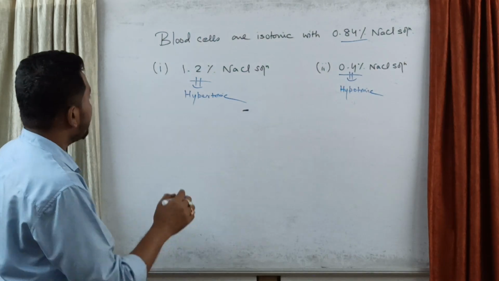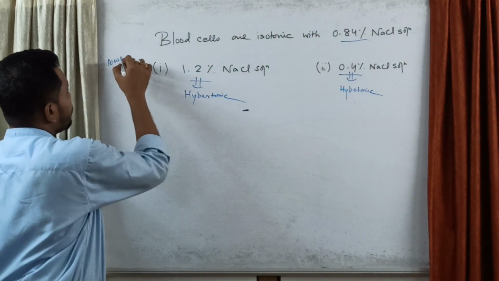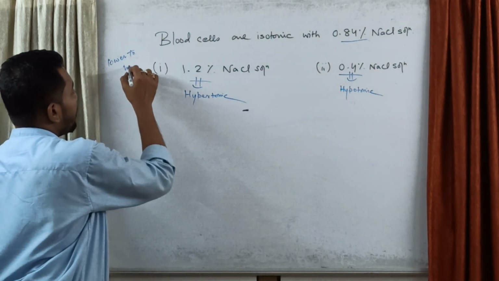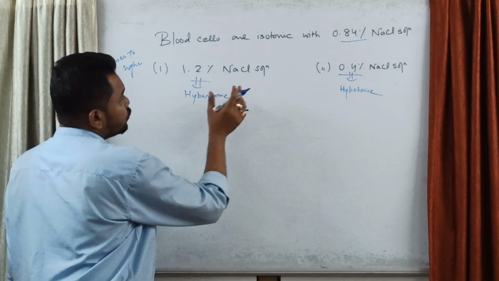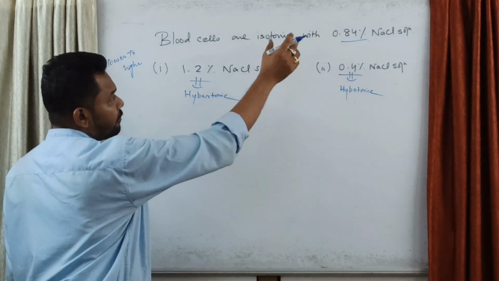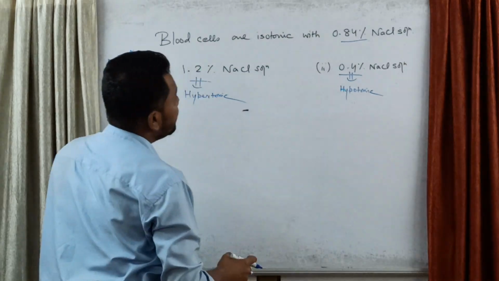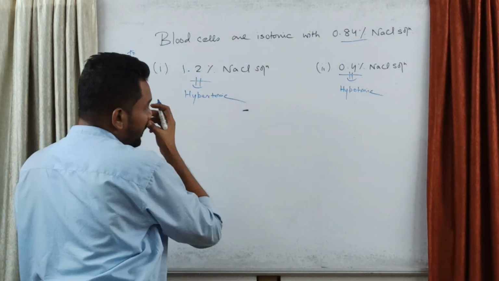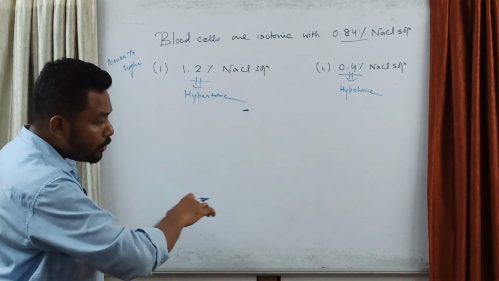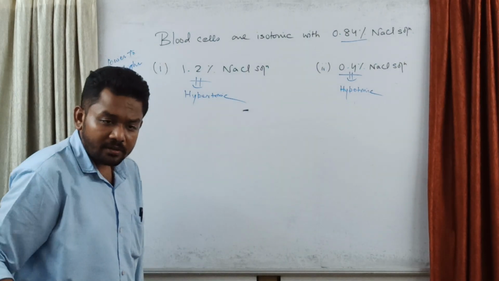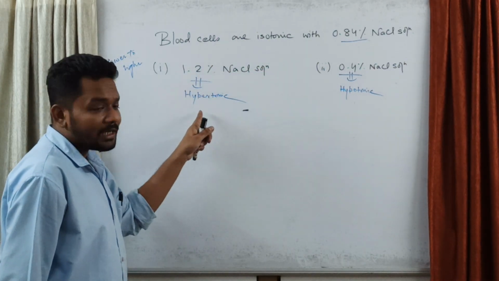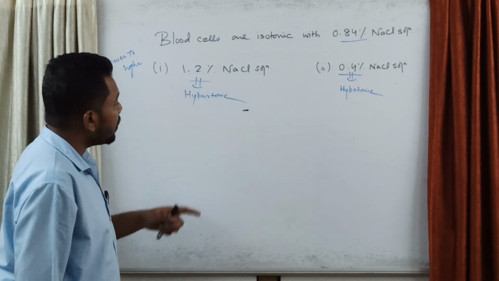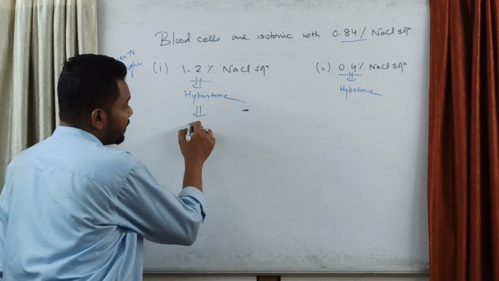So lower to higher, এটা ছোট করে লিখে রাখো যাতে কনফিউজ না হয়ে যাও। তাহলে লোয়ার টু হায়ার মুভমেন্ট হবে। তাহলে যদি তুমি ব্লাড সেল যেটা আইসোটনিক উইথ 0.84% NaCl, if you put this into the 1.2% NaCl solution where the solution concentration is higher, তাহলে লোয়ার থেকে হায়ার মানে কি? ব্লাড সেল থেকে all the cell will come out, তাহলে এটা কি হয়ে যাবে? শ্রিঙ্ক হয়ে যাবে।